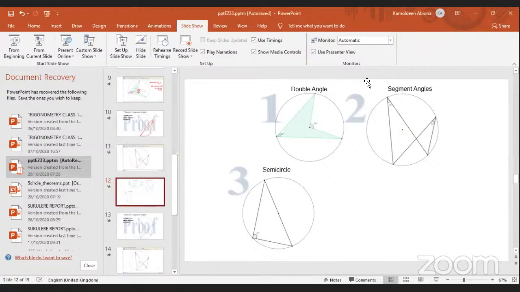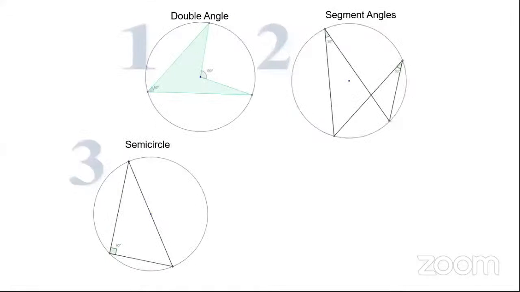So far we have looked at three theorems, but we just want to look at the last ones. So we had two theorems in the last class, so we'll quickly review that. We dealt with theorems on double angle and angles in the same segment. So to quickly remind us, we said some things yesterday, and on double angle, let me quickly remind us of